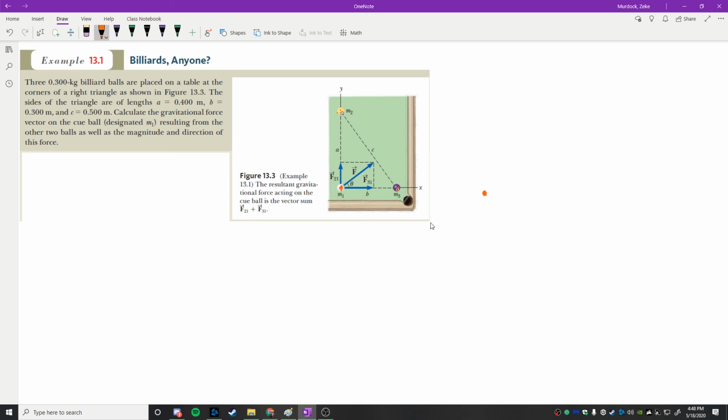To be clear, this ball right here feels a force this way, and it also feels a force this way, and this ball feels a force this way, and it feels a force this way, okay? But those are not what we're worried about in this problem, okay? We're only focusing on the forces on...